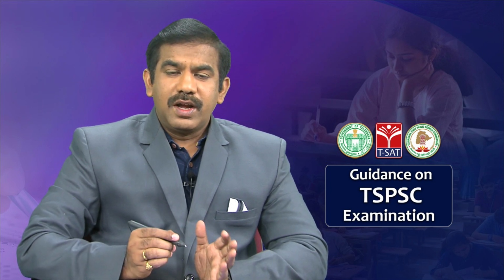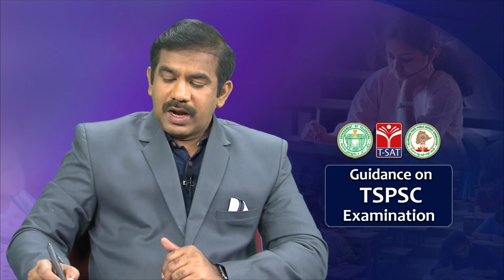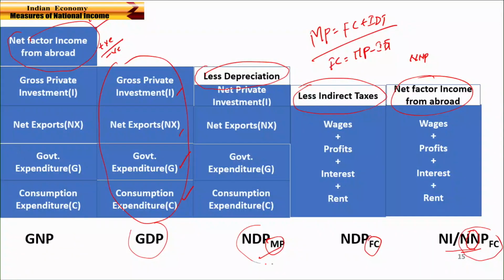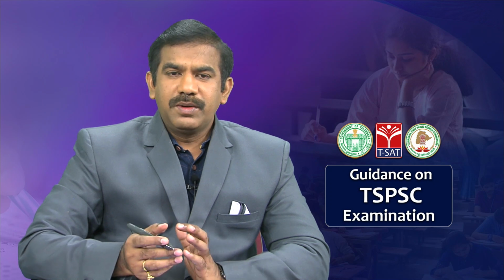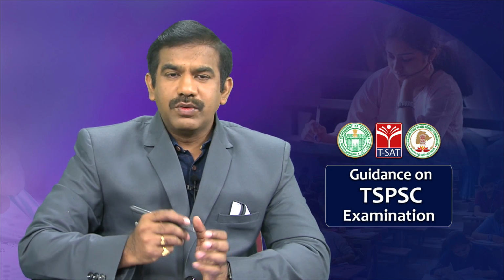So these are the 5 different most important measures of national income that we have discussed: gross domestic product, gross national product, net domestic product and net national product, and the difference between factor cost and market prices, and what exactly is referred as a national income. This is something that we have discussed in this particular lecture, and we will be continuing with the next lecture, wherein I would discuss some other very commonly used measures of income, like what we call personal income, disposable income, per capita income, and then we will proceed with how to measure growth of an economy, what exactly is the growth of an economy and how is it measured.